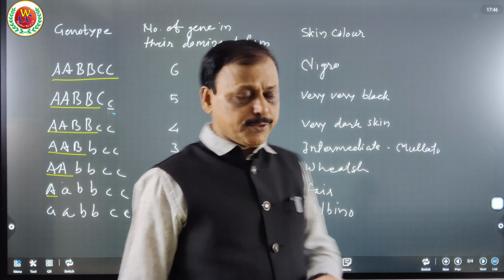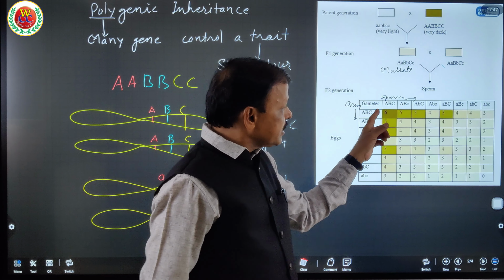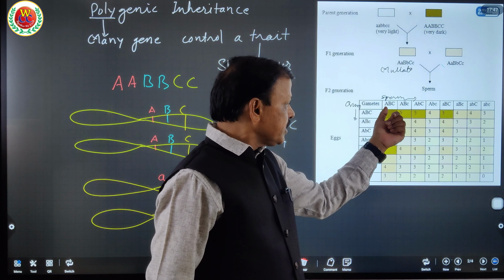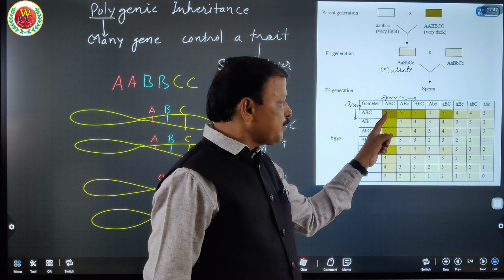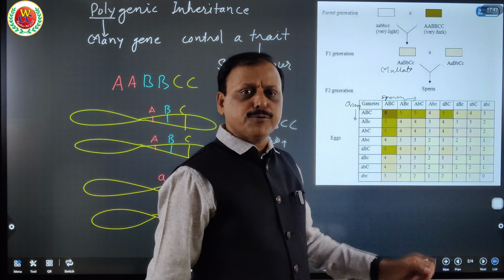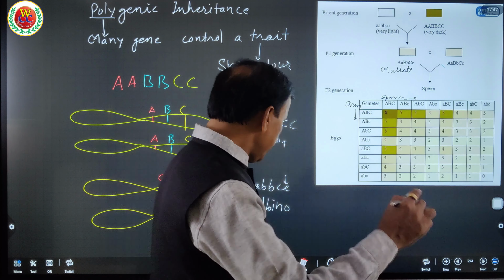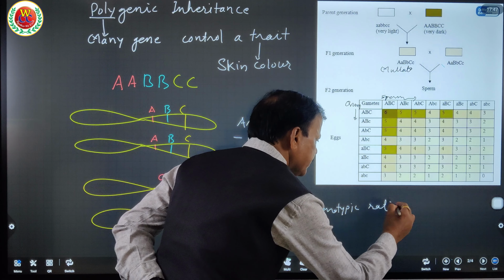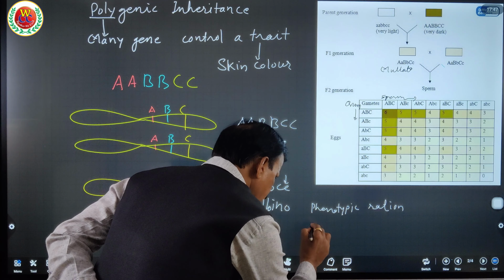Now, very important to understand. Let us consider this example of 8 types of sperm and 8 types of ovum. The random fusion of the 8 types of sperm with the 8 types of ovum produces this many combinations, that is 64 combinations. The phenotypic ratio is very important to understand, because every time we learn Mendel's law we understand the phenotypic and genotypic ratio. Here the phenotypic ratio for all 64 combinations is